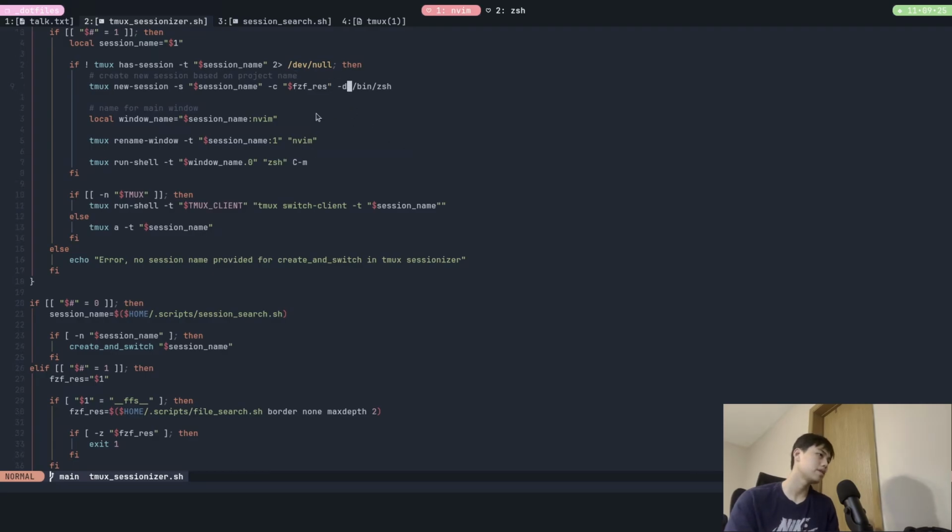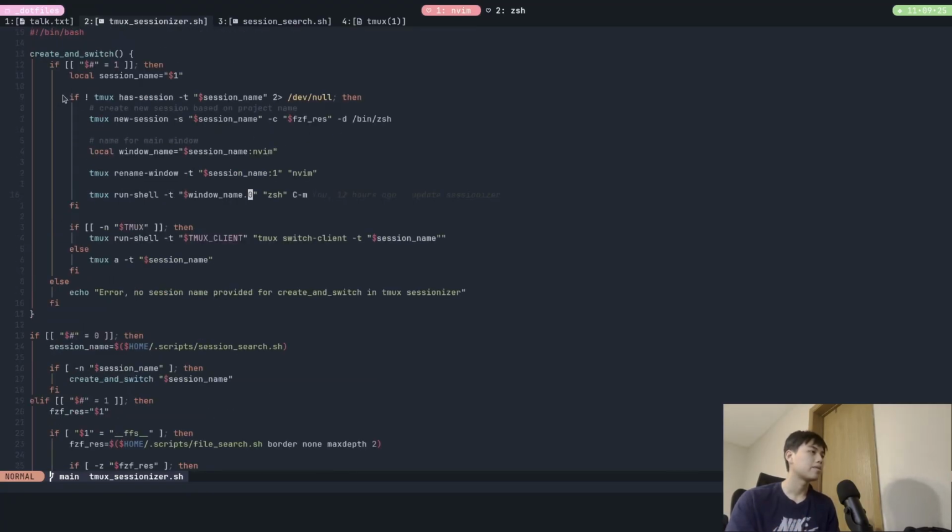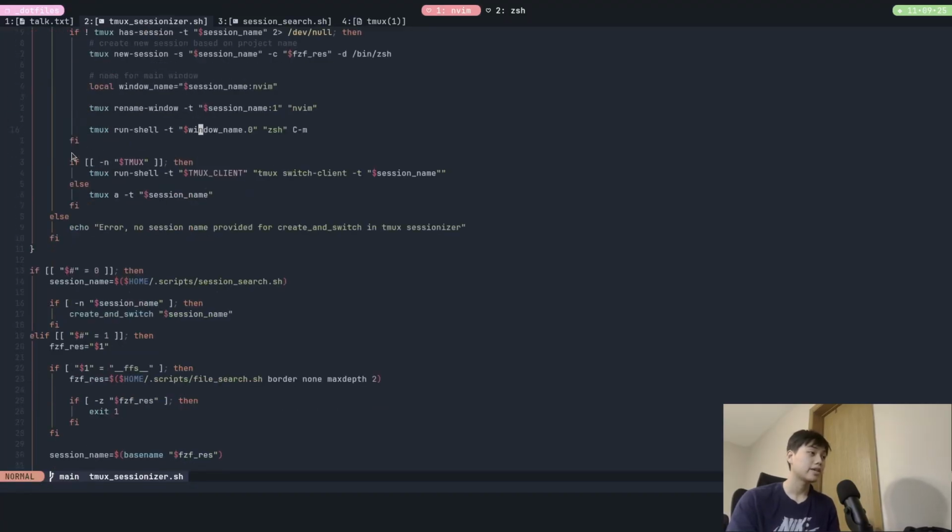So yeah, create the session, get the window name, rename the window because the first window is always new vim. That's just how I like to do it. And yeah, run shell, Z shell, bam, boom. Okay, so if we don't have a session, we create that session, and then we check